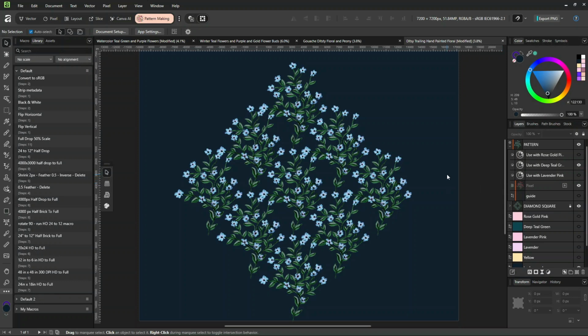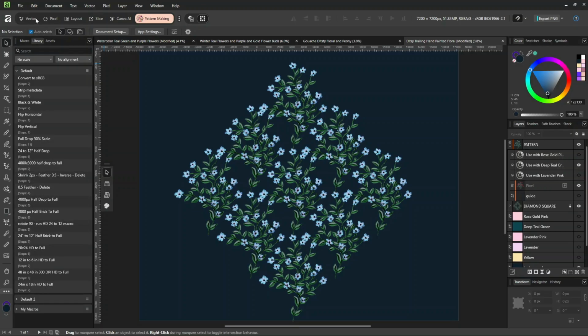Hello, in this short video I want to show you how to create your own studio in the new Affinity, which is the Affinity version 3, which combines the Affinity Designer, Affinity Photo, and Affinity Publisher into one app, and it's now free. I created this pattern making studio and combined the tools that I use the most from the Vector Studio and most of the tools that I use from the Pixel Studio, and